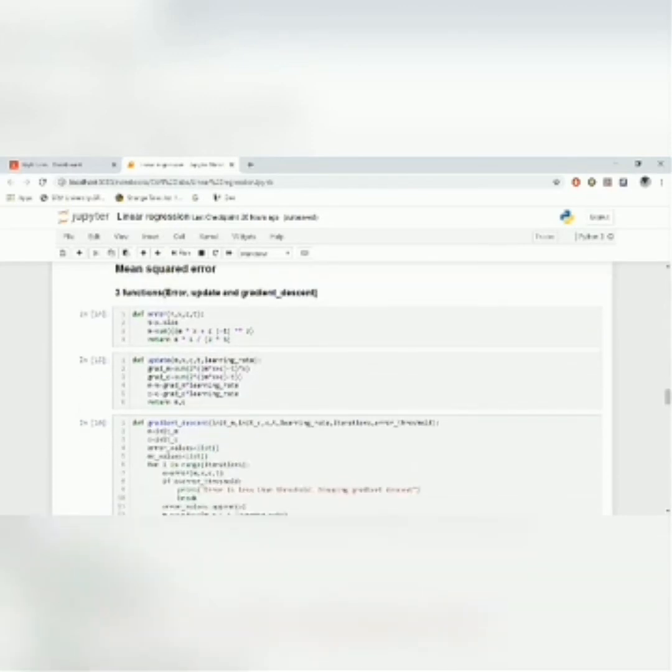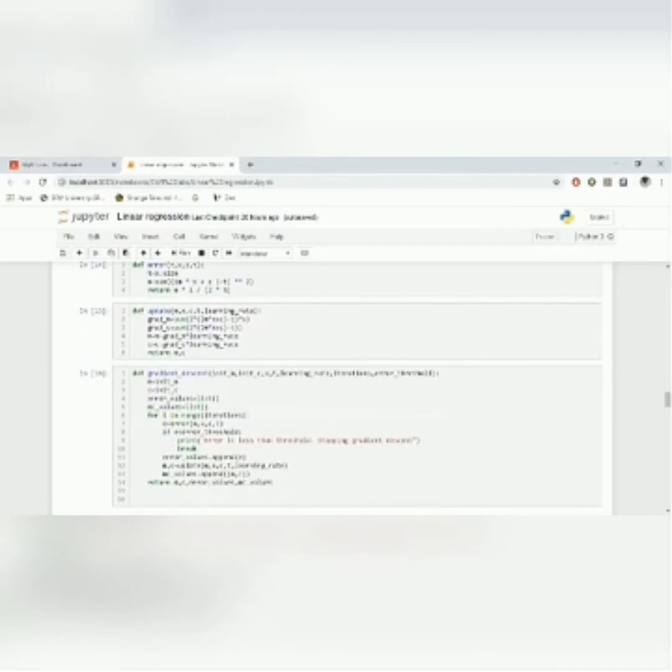Then we need to define some kind of a cost function. Here we are using the mean square error function. We need to define 3 functions for it to run. We will define error to find the mean square error. We'll define update to update the M and C slope for the linear regression equation using the update function,